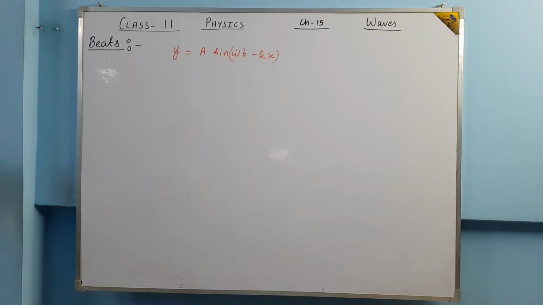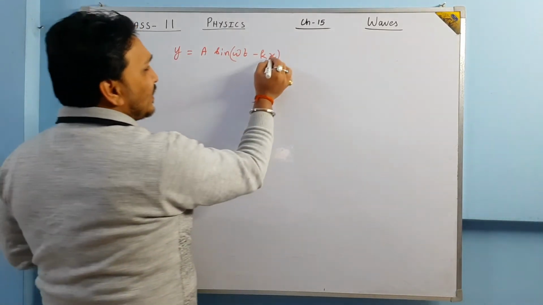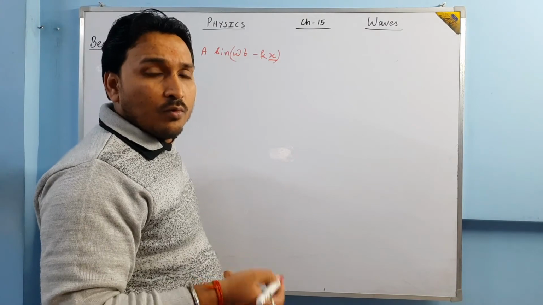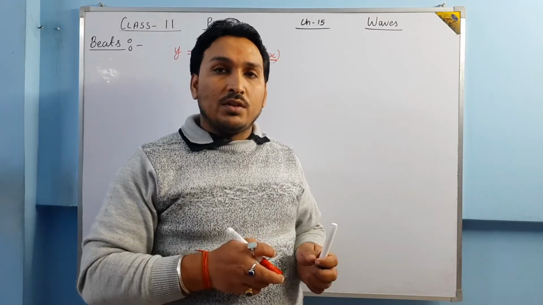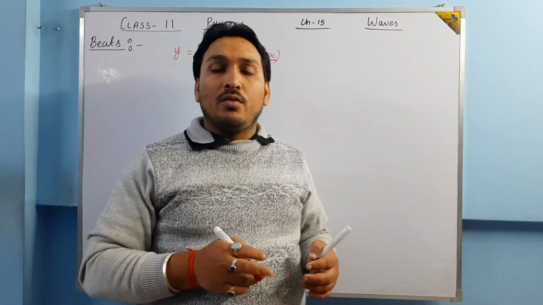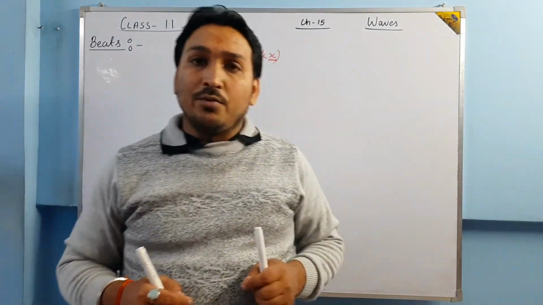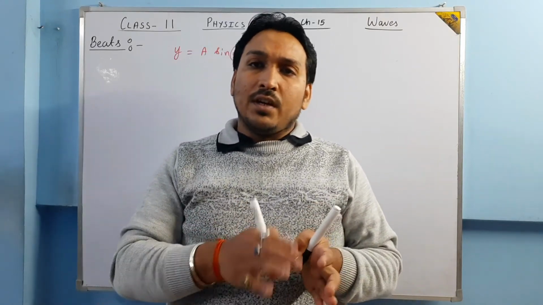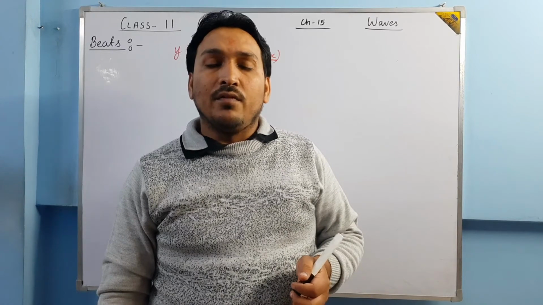In beats, what happens? x is fixed. So for both the waves, x is going to be the same when they superpose each other, and basically here we are talking about the rise and fall in the intensity of sound. And intensity is something which depends upon amplitude. Position is being fixed, and now we have to understand the variation in the intensity, that is the variation in the amplitude.